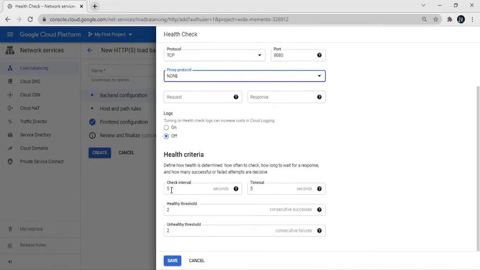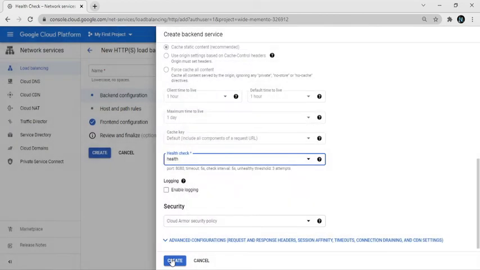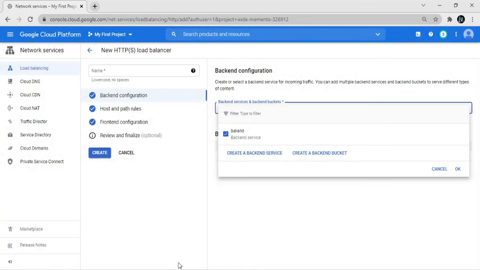For health criteria, the check interval is every 5 seconds, the timeout is 5 seconds, the healthy threshold is 3, and the unhealthy threshold is 3. Click on save, then click on create and click on OK.